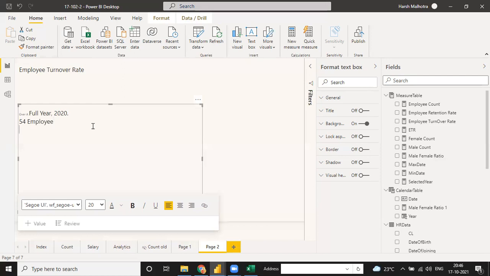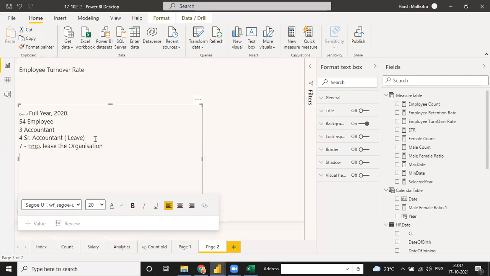We have 3 accountants and 4 senior accountants who leave, meaning they are leaving the organization. So in 2020 we have 54 employees, 3 accountants and 4 senior accountants leave. In total, 7 employees leave the organization.